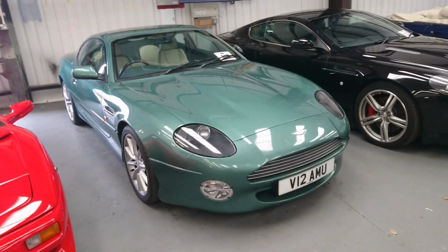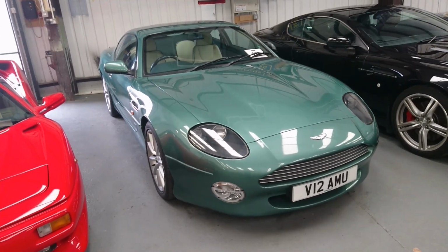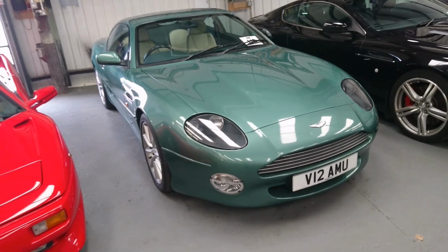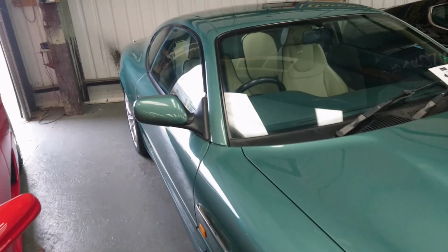Now, this is more like it, viewers. 2001 Aston Martin DB7 Vantage. V12 engine, 46,000 miles. Estimate between £16,000 and £18,000. I think I saw this last month, and I don't necessarily need to show it again, but because we've got